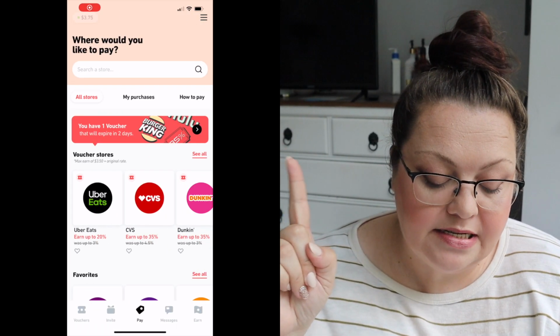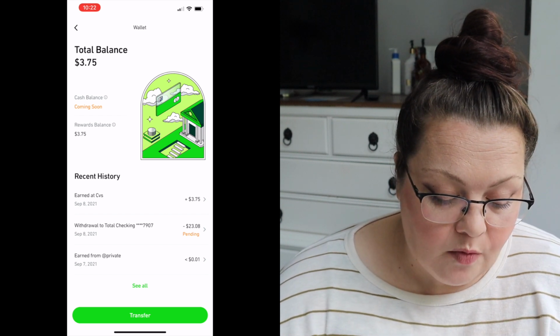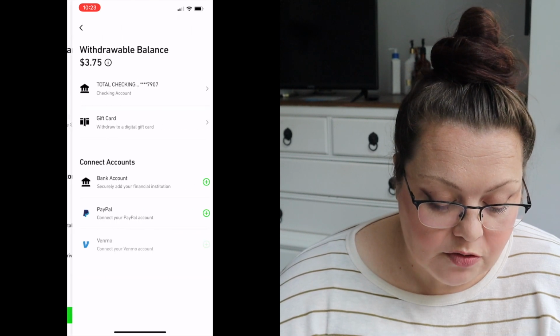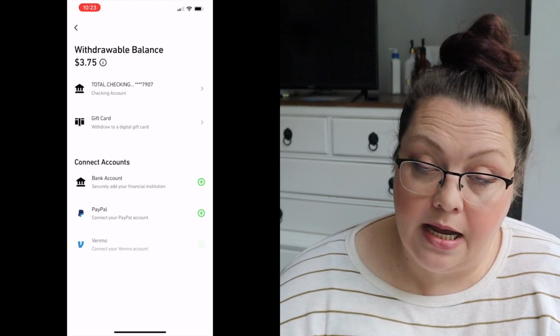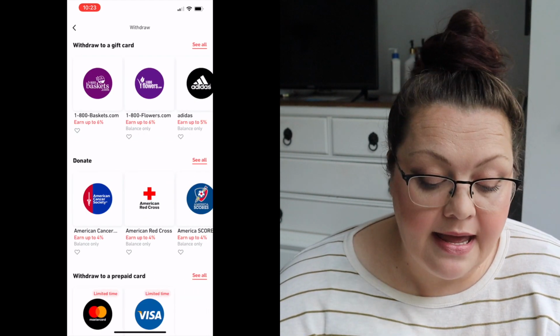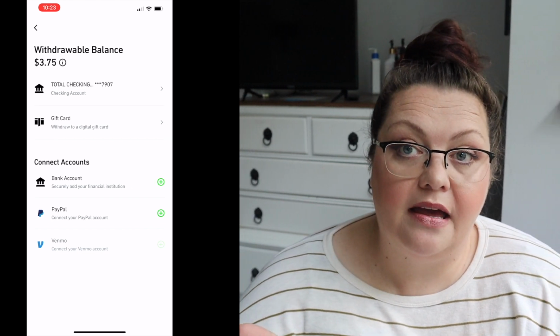So previously with Fluz, in order for you to cash out, you could only cash out getting a prepaid Visa gift card. Now when you go to the little balance up at the top left-hand corner and you tap that, it will bring up a page where you can see your balance and you can transfer it, and then you hit transfer, and then you can choose either a gift card or you can have it go to your bank account now,